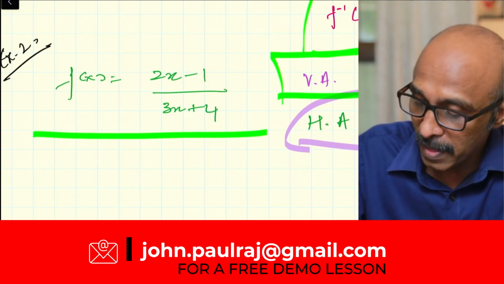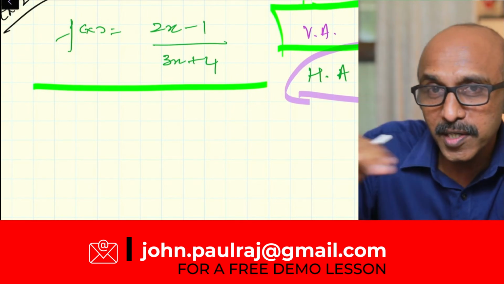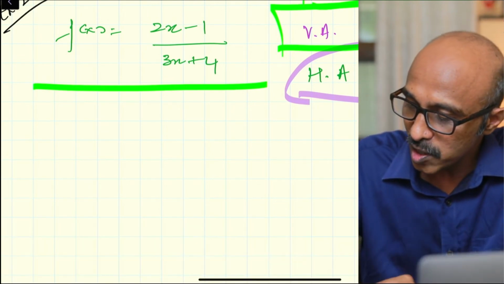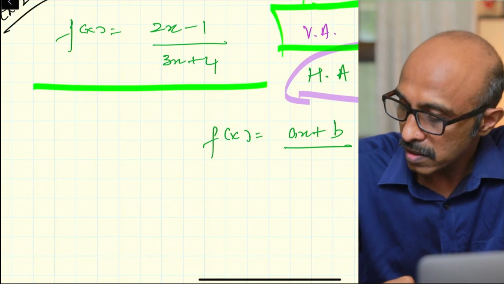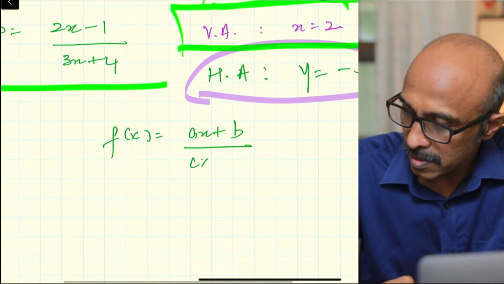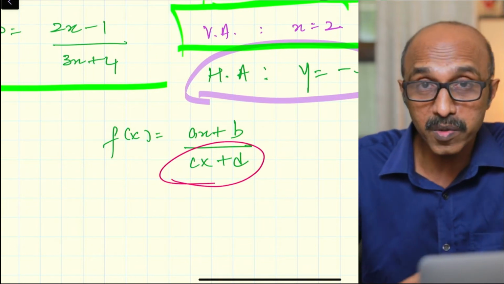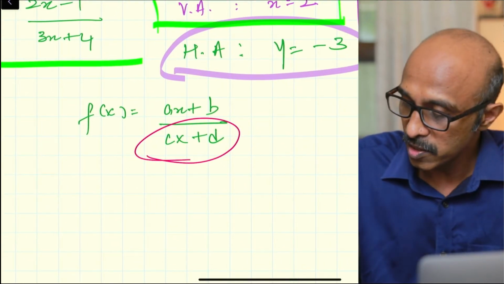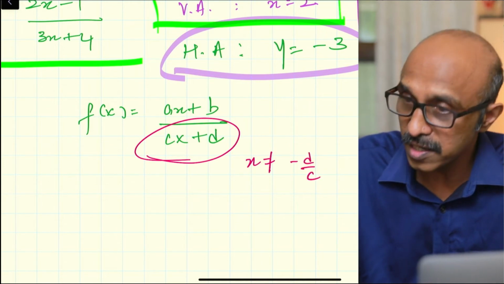Okay, so watch this. You have a rational function, and it will only work in the case of a numerator and the denominator being of the linear form. That means you need to have a function like this, f of x is equal to ax plus b over cx plus d. And clearly we need to have the condition that the denominator must not be equal to 0 for this function to exist. So x cannot be equal to negative d over c. Okay, that's the condition for this rational function.